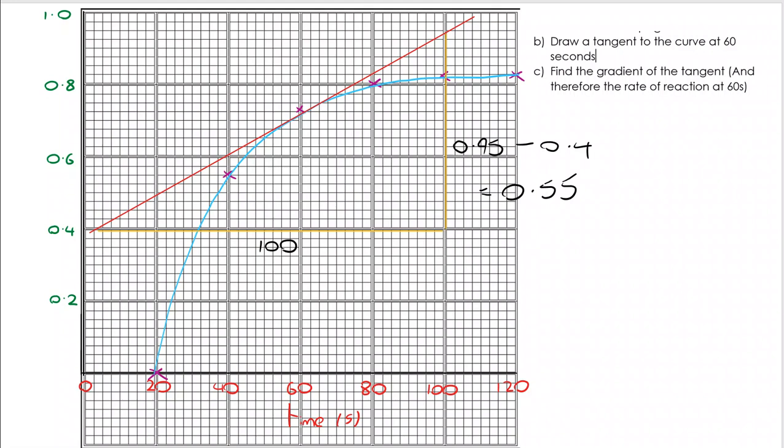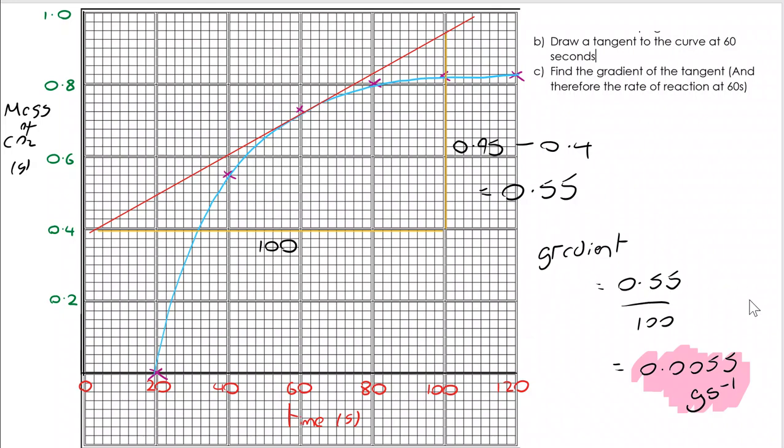Now we have a slight problem here. You will have noticed I have made an error on this graph. There's something that's missing, and it makes it harder to show what you know. I've correctly labelled the x-axis, but I didn't label the y-axis. So I've put that one on now, mass of CO2 in grams. My rate of reaction is therefore change in y over change in x, which is 0.55 divided by 100, giving me a rate, not an average rate, not a mean rate, but the actual rate after 60 seconds of the reaction had elapsed, is